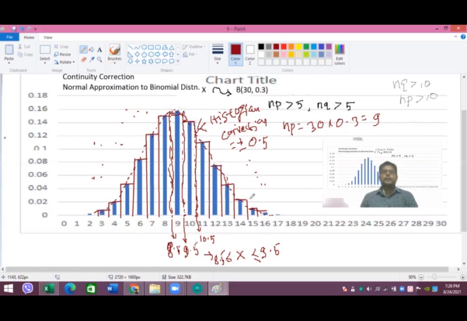of the normal distribution. Therefore, for a large value of n, large value of n here means n should be greater than or equal to 30. So if you find n is greater than or equal to 30, it is supposed to be a large sample, or a large number of trials, where both n times p and n times q are bigger than 5, then normal approximation to the binomial distribution is possible by making continuity correction.